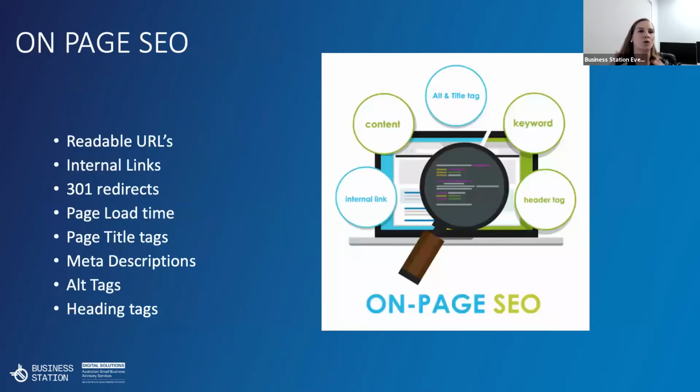So first of all, on-page SEO. On-page SEO is essentially everything that happens on your website that affects the ranking. So things like readable URLs, which I will show you shortly, and internal links, so that page-to-page linking to relevant content. As I mentioned in the example before, your homepage talks about your product range, and then as you're talking about them in your homepage, you're linking to those specific pages as and when you talk about them.